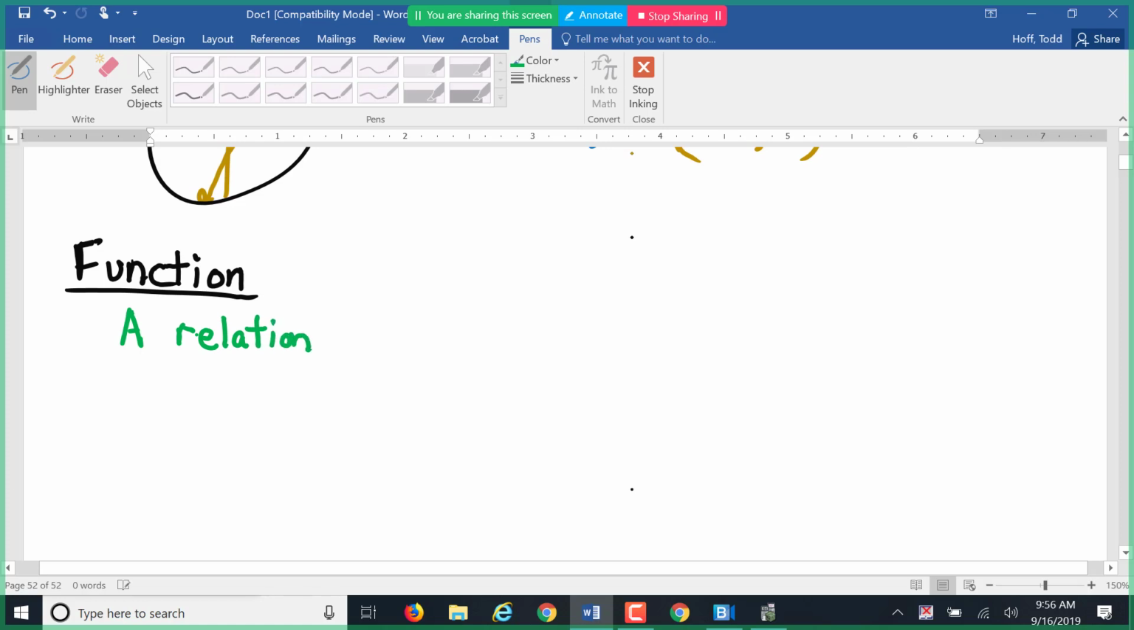So it's a relation where every value in the range, every value,